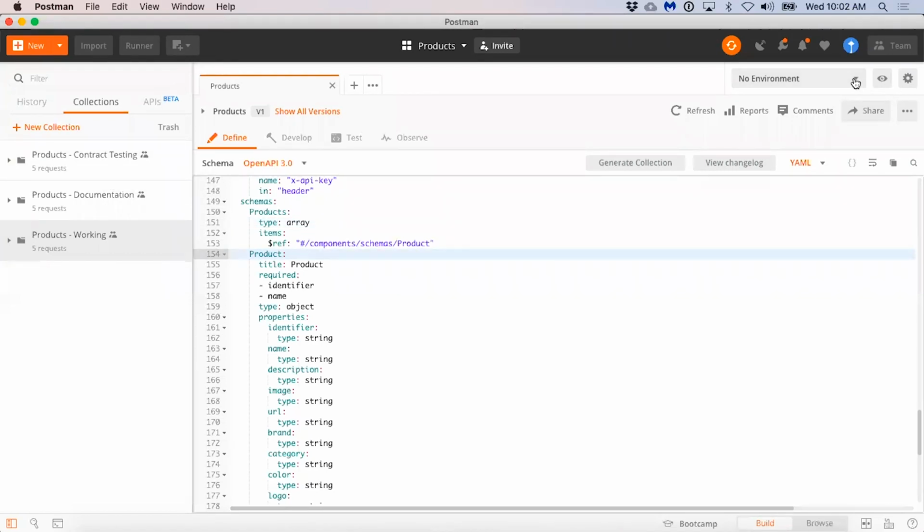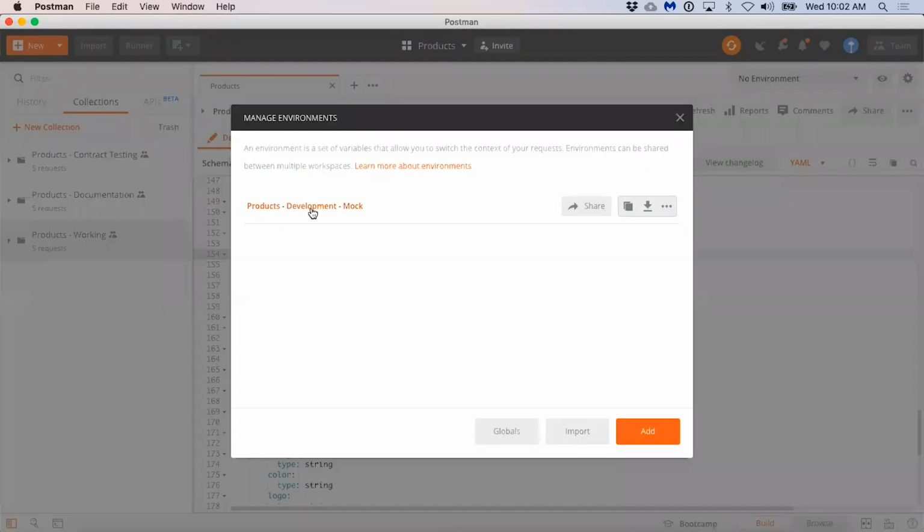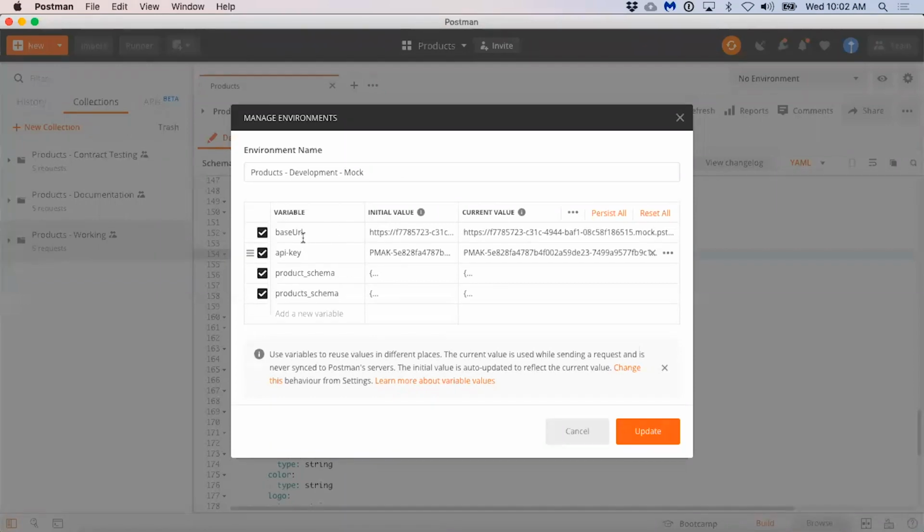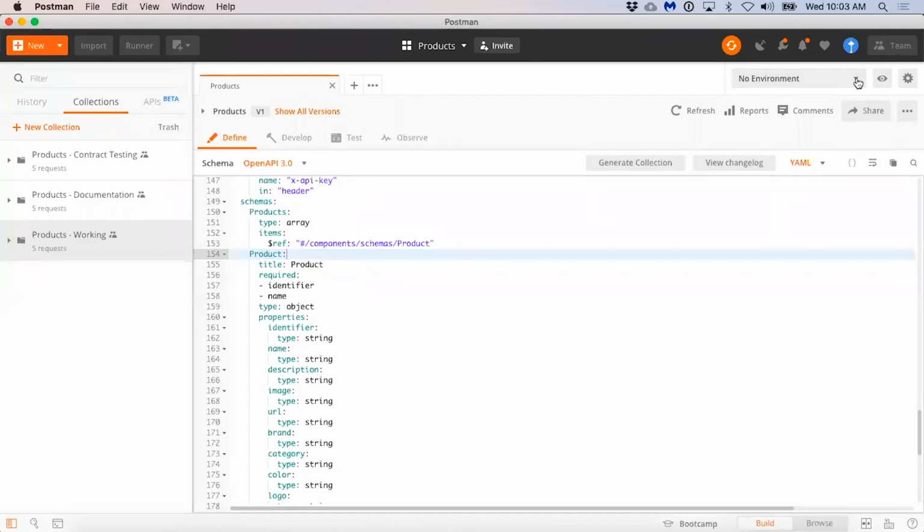Jeff is also being very organized about how environments are developed, having a naming convention for how environments are created. Jeff is making sure that the base URL for any API request is stored here, so that it can be replaced with a mock URL or a development URL, and then API keys and other key value pairs are stored within environments. Jeff is requiring that there be environments for mock environments, separate ones for development and separate for production.